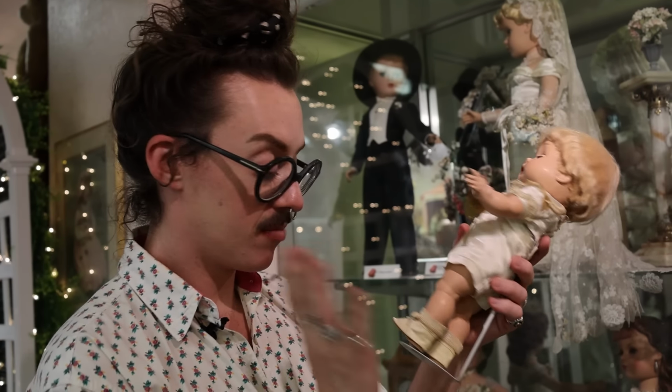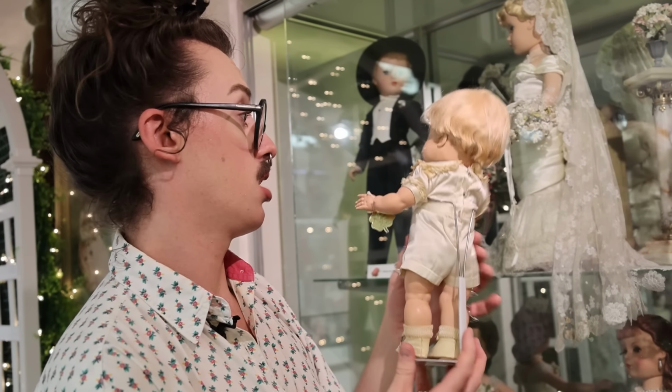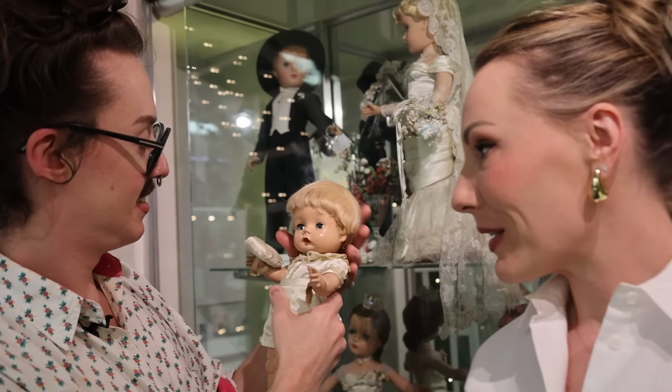The socks are in perfect condition. The satin is actually in great shape. He's minty. Sleep eyes and everything. He's out for a nap now. And now as we do this every single time, it's getting me so jazzed because now we need to have